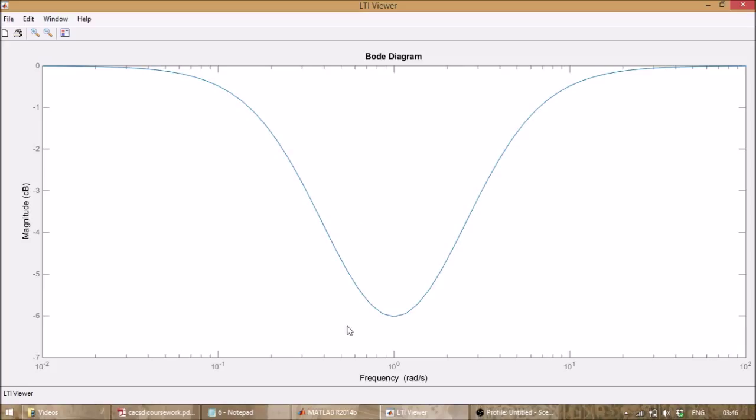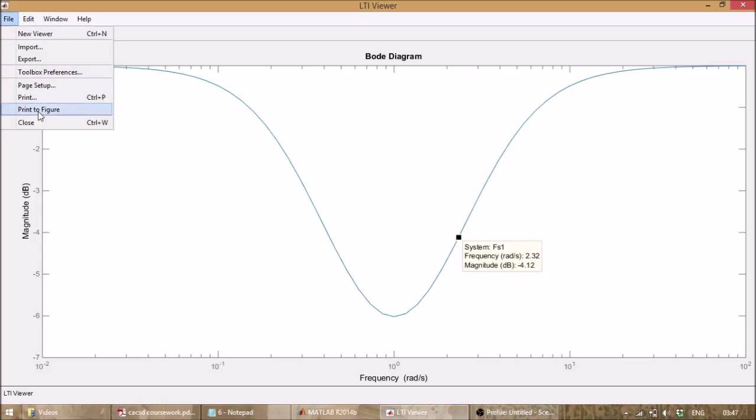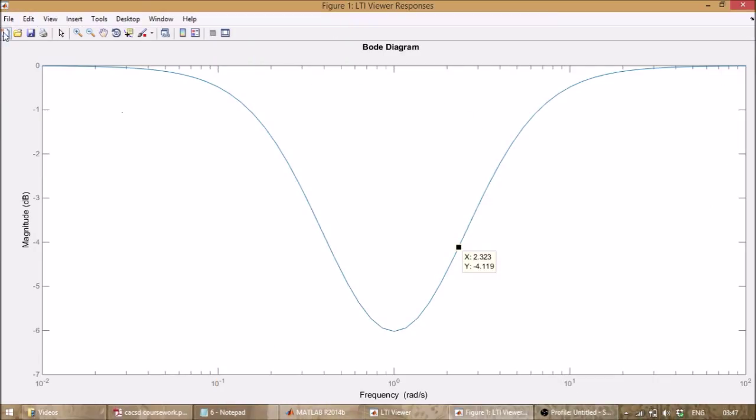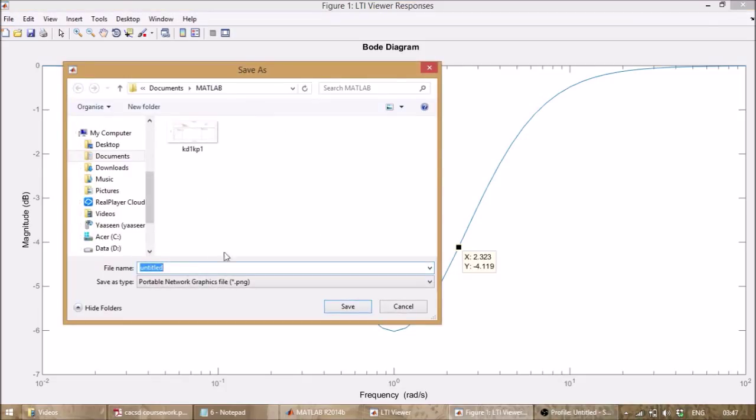What do you need this for? You need this for the proof that you're going to do in step 9. Before you save it, just click on any random point because you're going to need it for the proof. So you're going to need these two numbers for the proof, the magnitude and the frequency. So let's just save that. Print to figure. Save. And let's call it